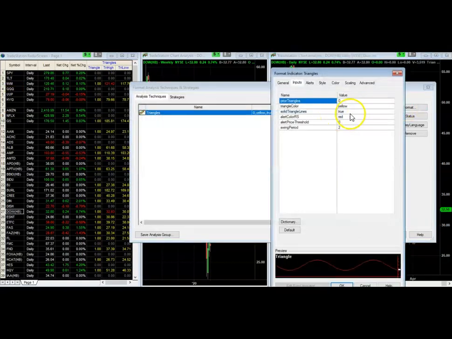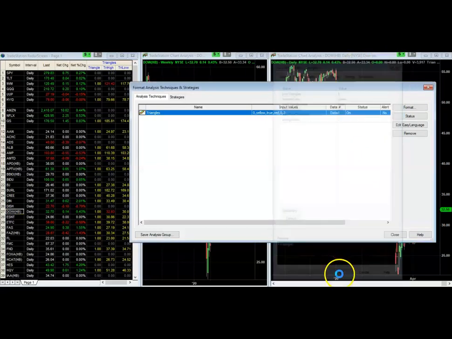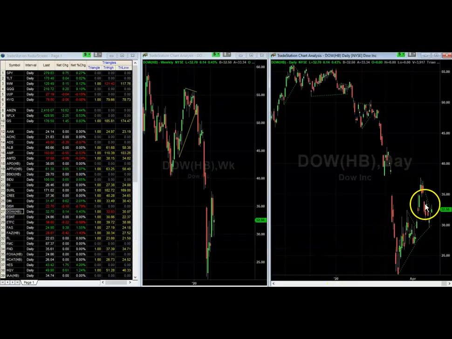And of course we could change this. We'll make that green, we'll make that false, and let's put this back. We'll make it 8 to see the 8 prior ones. So now you can see they're all in green dashed lines, and we've got the current one, and then 1,